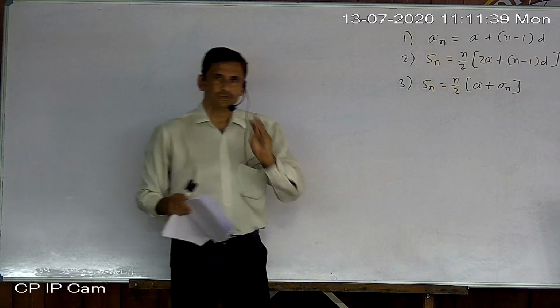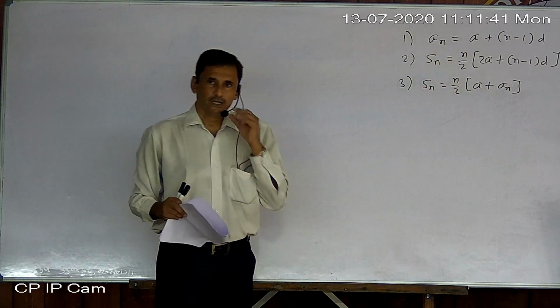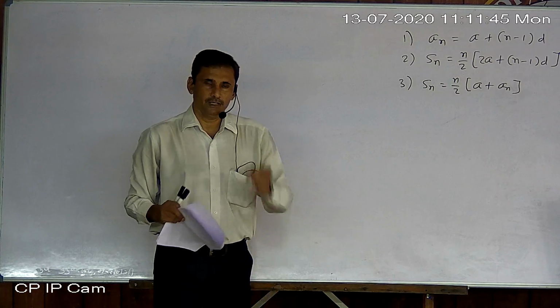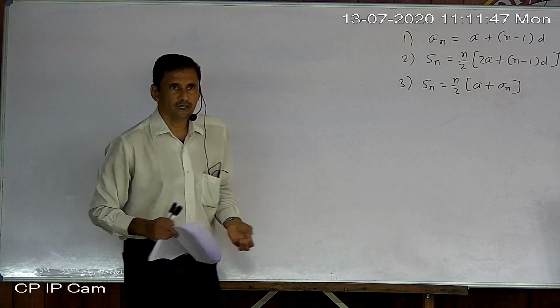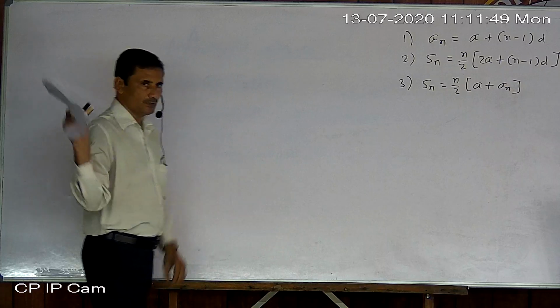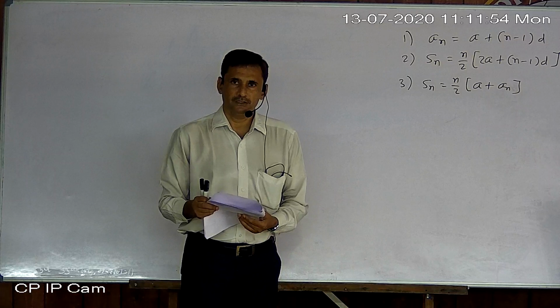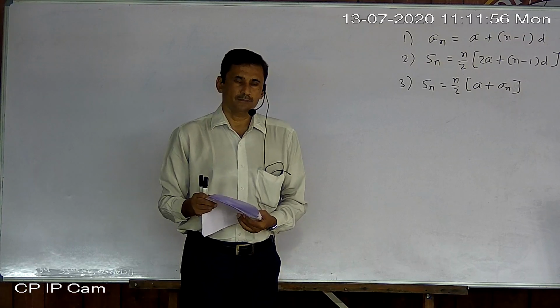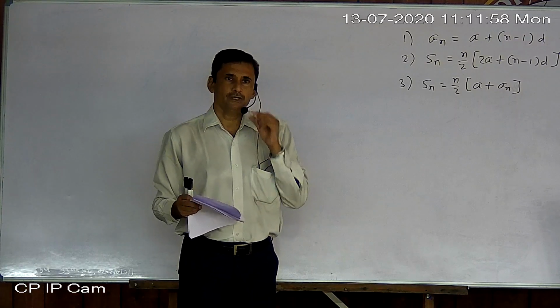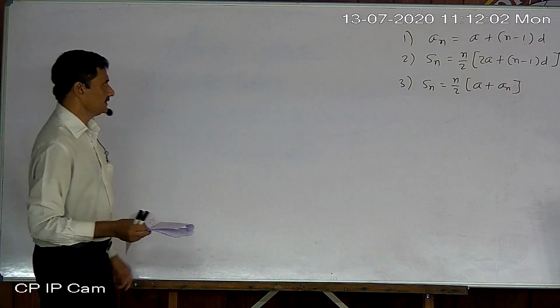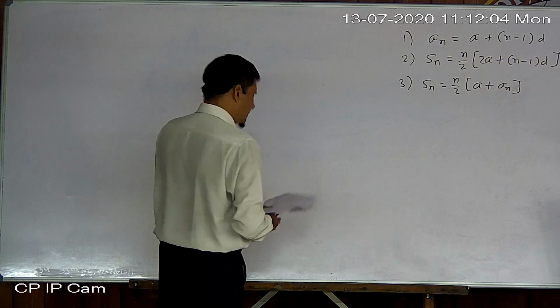So, these 3 formulas you should have in front of you. And first of all you have to decide. Prepare a list. The list is actually given in notation form only. So first of all, decide which formula is possible. Most sums are possible in 2 steps, not in a single step. So now look at the first one.